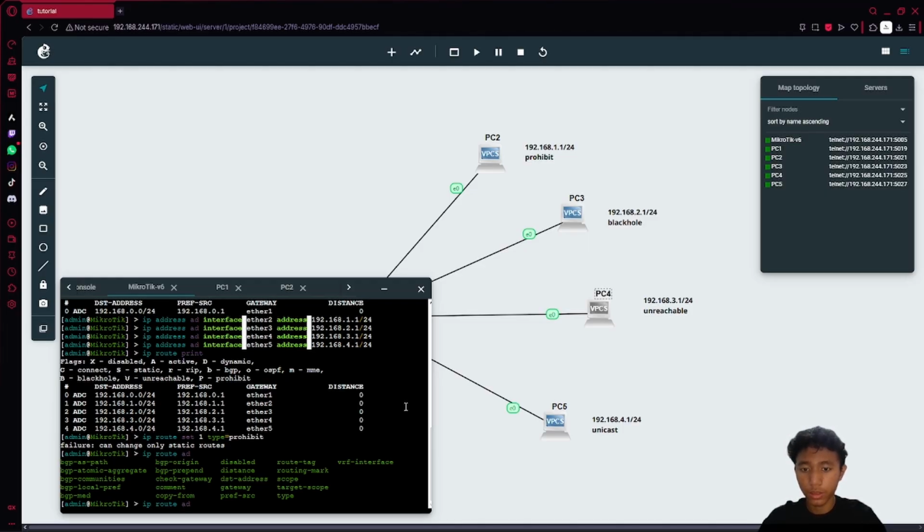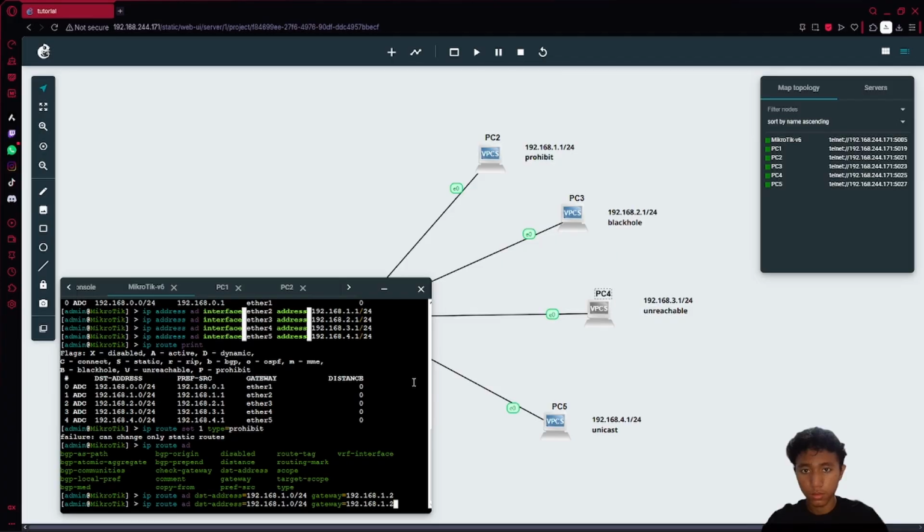Using IP route add destination address, this address is 192.168.2.0/24, and the gateway is